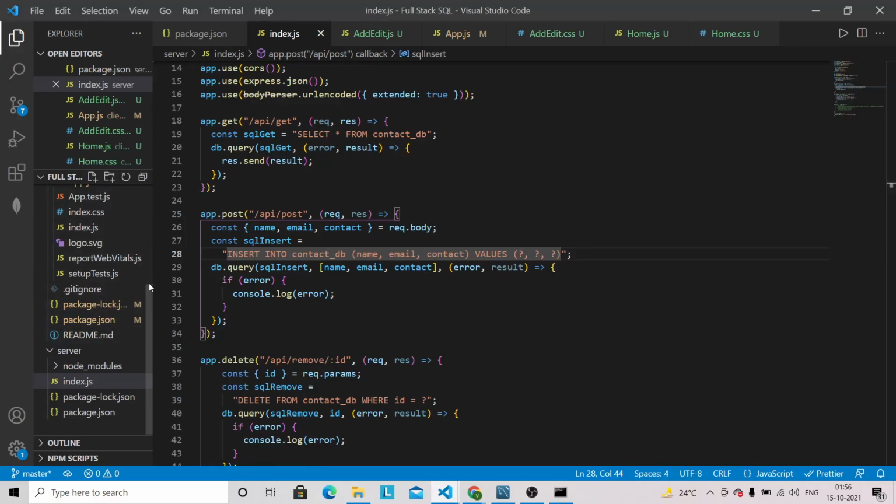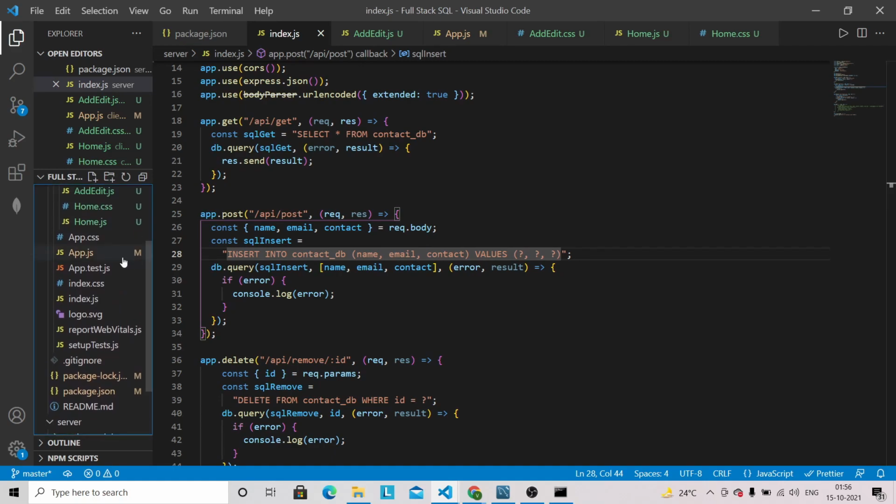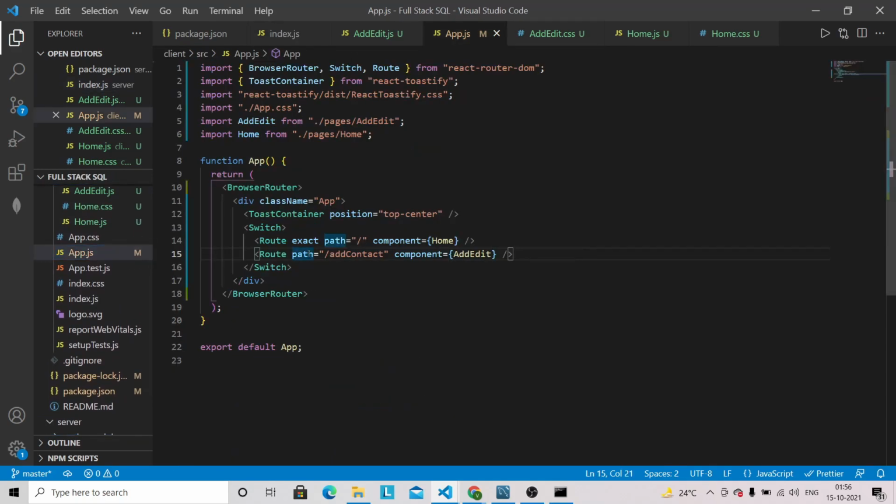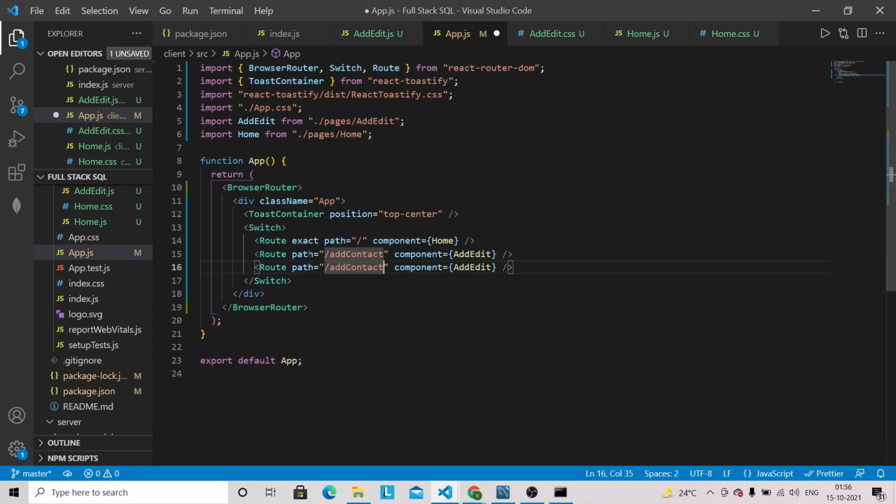So let's go to the app.js file and we can register the route with the update. Okay, and we can specify the ID, and this is the same page we are going to use for the update as well. So let's go into the browser.